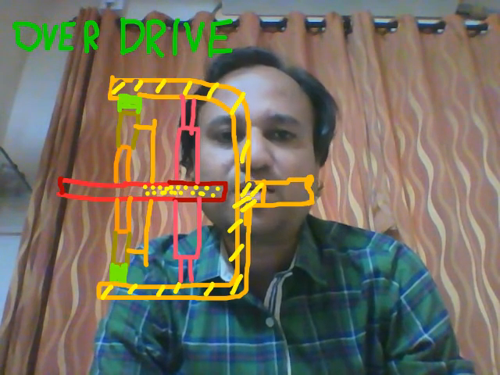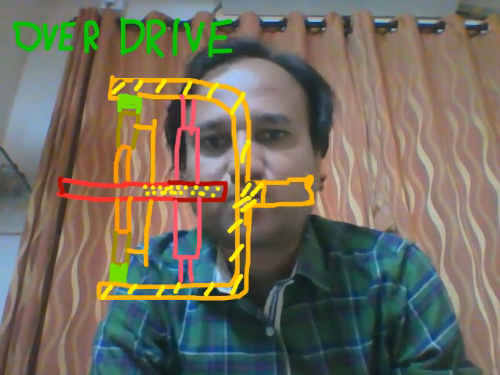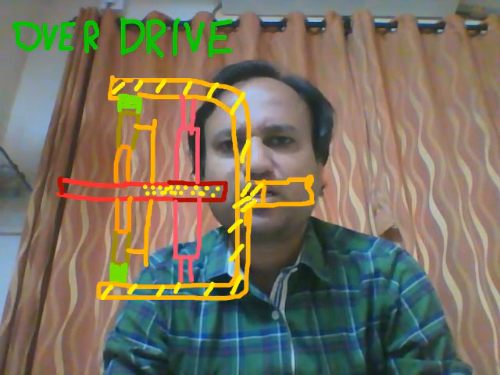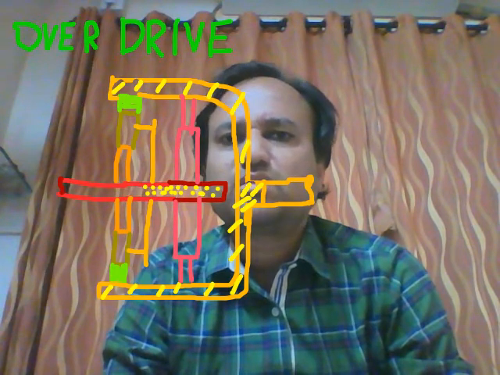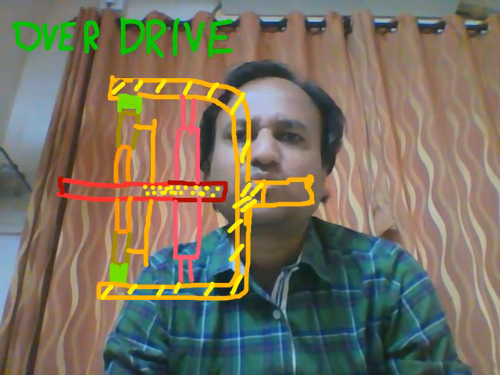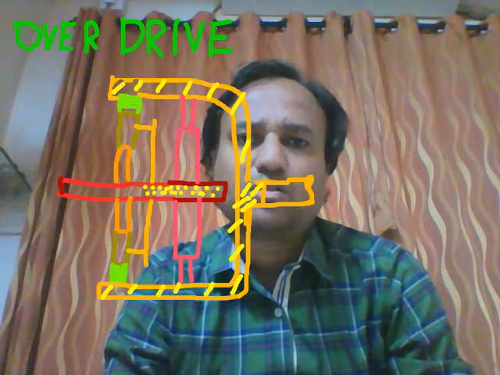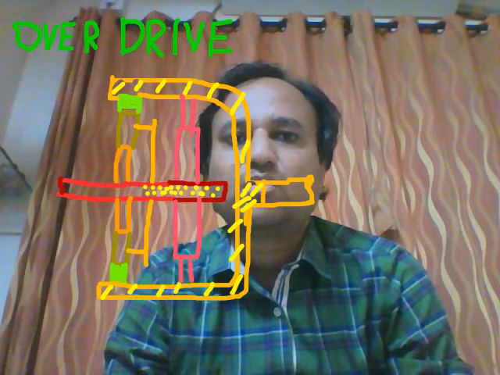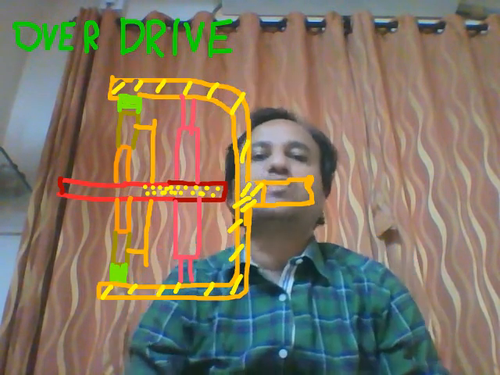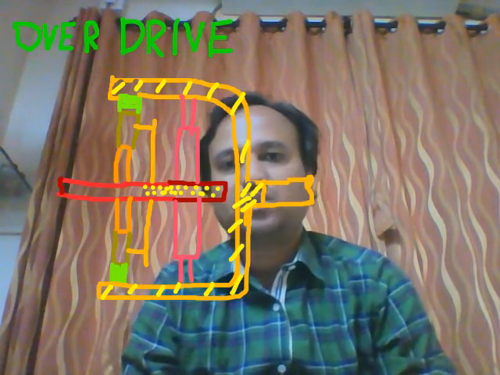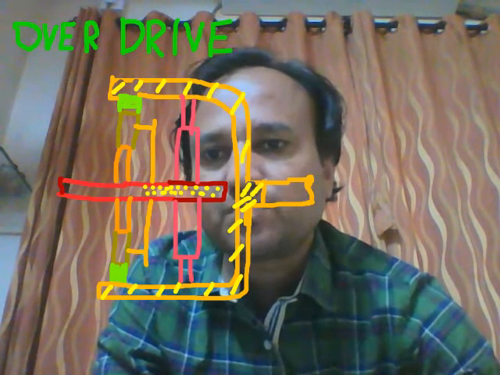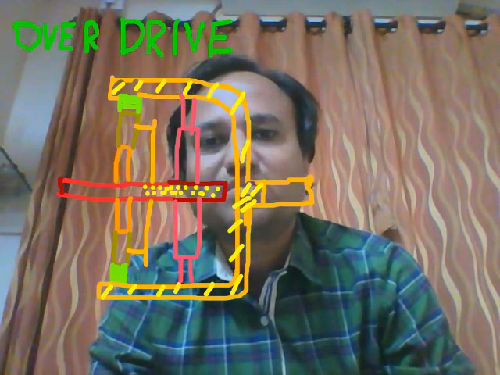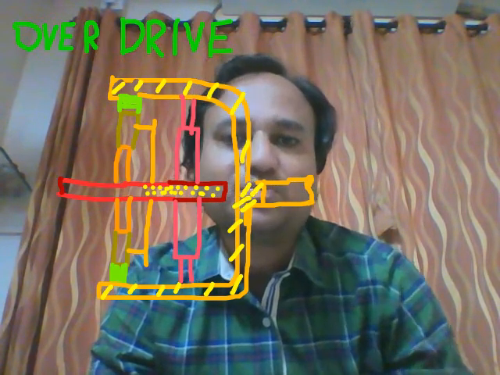Students, the next component in a transmission system will be overdrive. So it will not be an essential component in every vehicle. In certain vehicles only, overdrive is used. So what is the function of overdrive? Students, overdrive is connected in between gearbox and propeller shaft. So students, first we will discuss the constructional details of overdrive, then I will discuss its function.